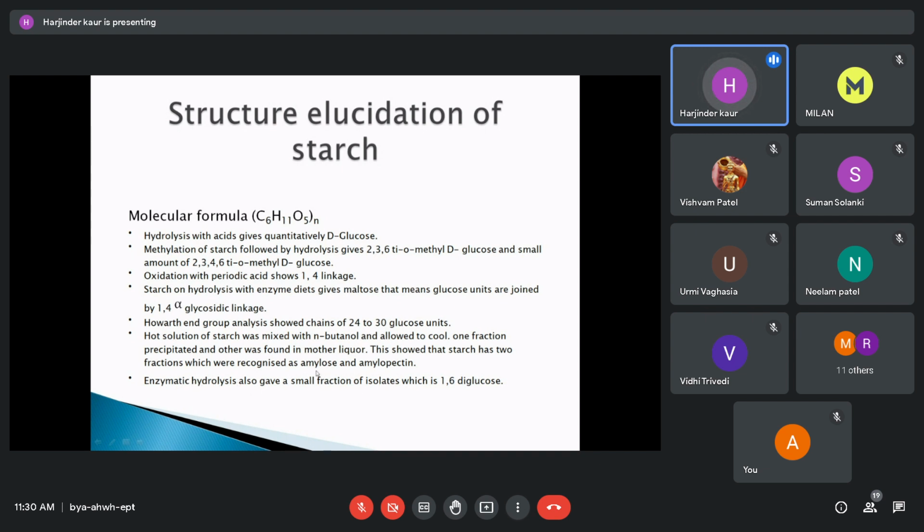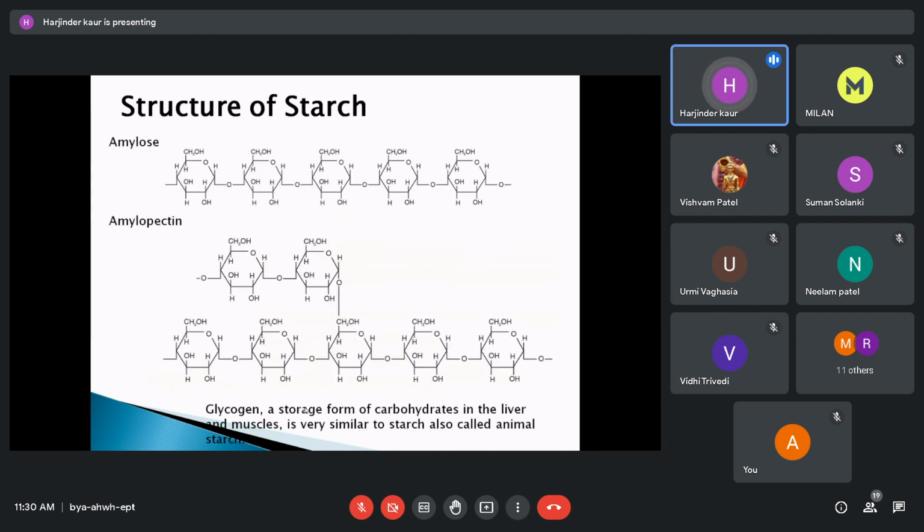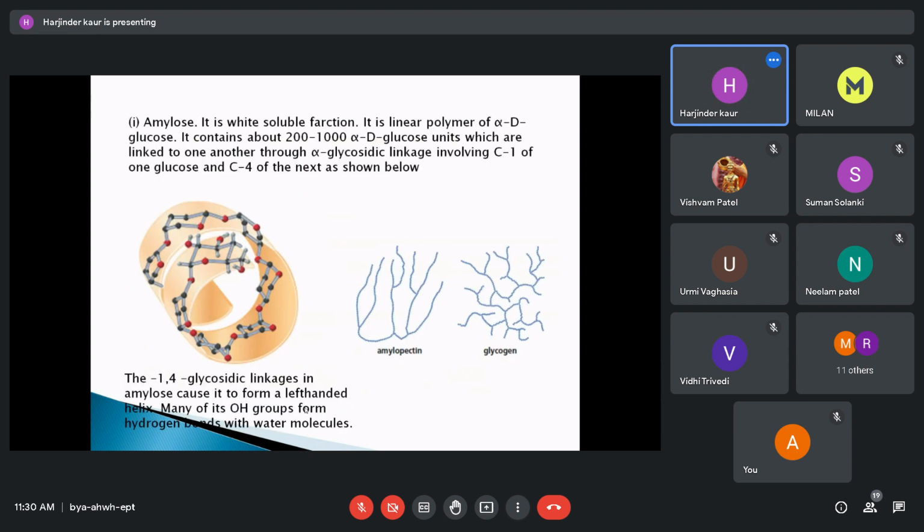Now there are different types of enzymes also available nowadays which can act on either 1,4 linkage or 1,6 linkage. That also gives us an idea of which type of linkages are present in the molecule. Now if you see here, this is the amylose. Amylose ultimately is a straight chain, but its three-dimensional structure is in the form of a spiral. The linkages make it go into a spiral, and this spiral is the reason that starch gives a blue color with iodine, because iodine molecules get trapped in this spiral structure of the